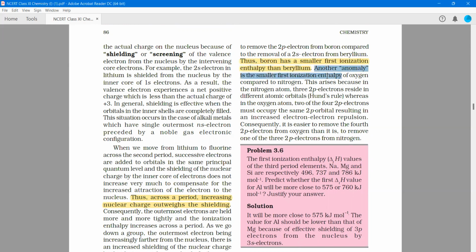Another anomaly is the smaller first ionization enthalpy of oxygen. Here you have nitrogen, where there is a half filled p orbital, and a half filled p orbital also shields kind of properly, and that is why you will have a slightly larger radius. So let us read what is written. This arises because in the nitrogen atom, the three 2p electrons reside in different atomic orbitals, obviously, whereas in the oxygen atom, two of the four 2p electrons must occupy the same 2p orbital, resulting in an increased